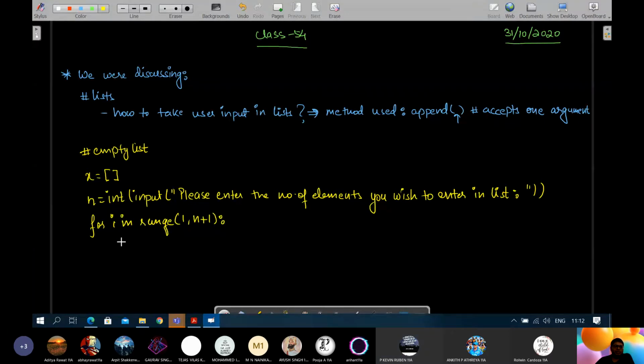And then what you will do? X dot append. Let's say you want to enter 10 strings. अगर 10 strings you want to enter, तो you'll simply write input. Enter value for element number